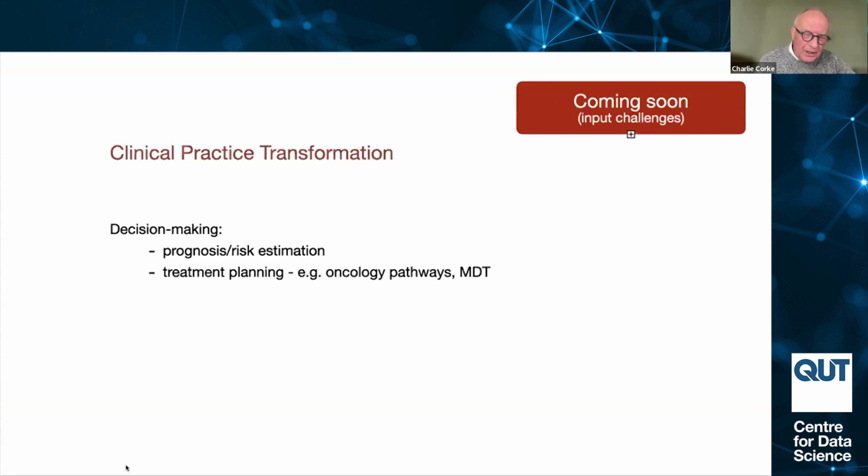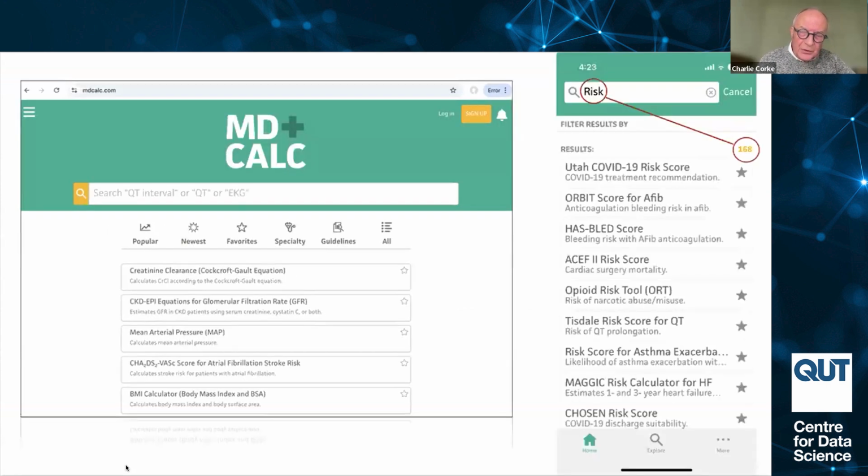Decision making, prognosis, risk estimation, and treatment planning. Again, that's pattern recognition, and AI will do it a lot better. Here with risk, this is off my phone where I have MedCalc, which is the calculations for risk that you can see here. There are 168 different calculators for risk, and I'm not going to know them. I'm hardly going to even use them. Although they're all there, we don't use them because we can't, but AI will and can. So getting risk assessments and planning individual treatment is clearly coming.